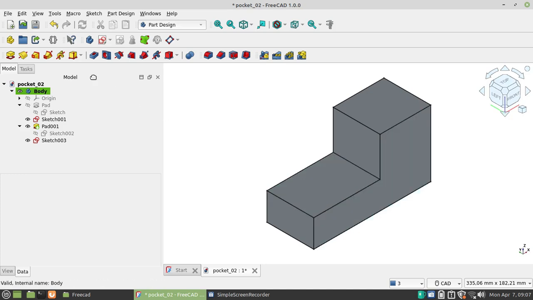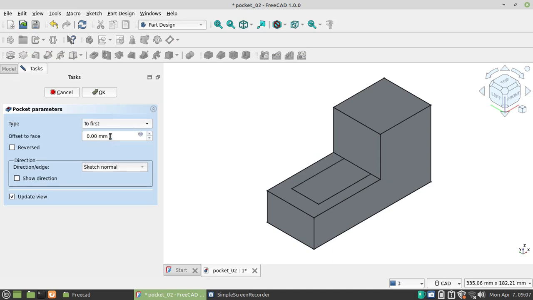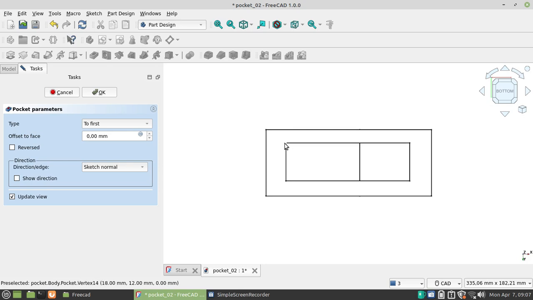I will demonstrate it. Choose to first. There is the sketch.